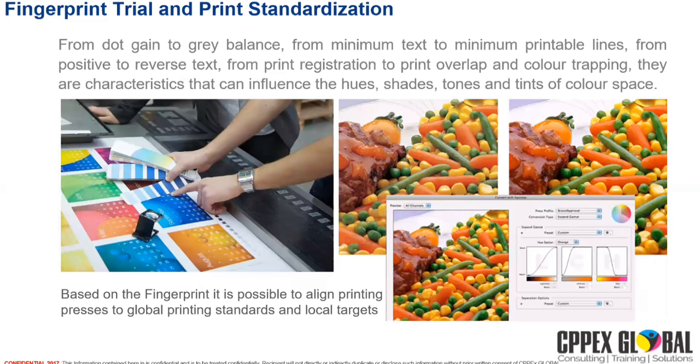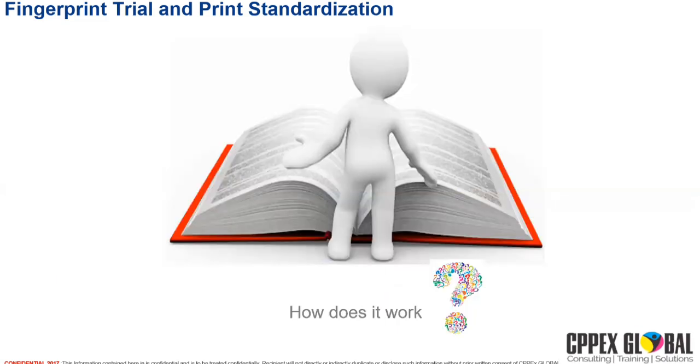From dot gain to gray balance, fingerprint will give us a detailed explanation. From minimum text to minimum printable lines, what type of lines we can produce from the printing machines, and what type of lines we require from the pre-press areas, and what type of text we can produce with our inks, with our machines. So from positive to reverse text, some machines have less ability to produce a reverse text. So this will help us to